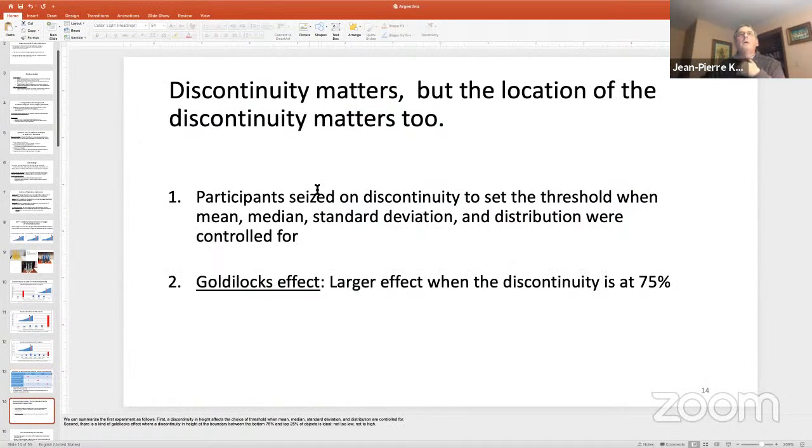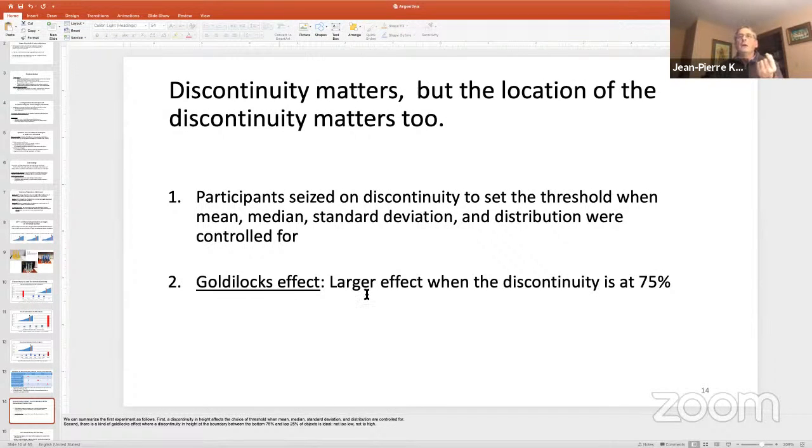Okay, so the results when you do the statistics, which is basically either chi-square or Fisher exact test, depending on the test, is that discontinuity matters, but the location of the discontinuity matters too. The participant seized on the discontinuity to make a decision where the boundary was to set the threshold, at least when the mean, median, and standard deviation were kept constant and the distribution were controlled for, but there was also